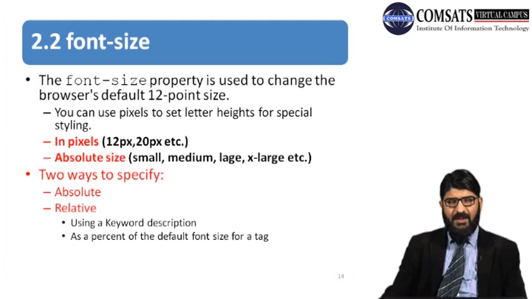So normally you can change in two perspectives. The one perspective is you can change in pixels. You specify a specific numeric value, and according to that numeric value the pixel value for the font size will be settled. The second way is to mention the absolute size, map the absolute size to small, medium, large or extra large, and then the font will be detected as per absolute size.